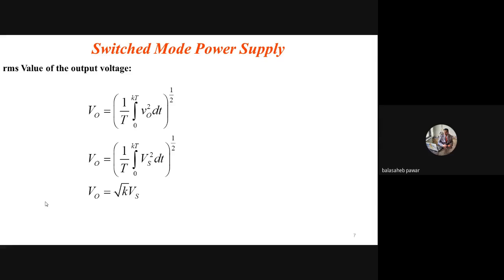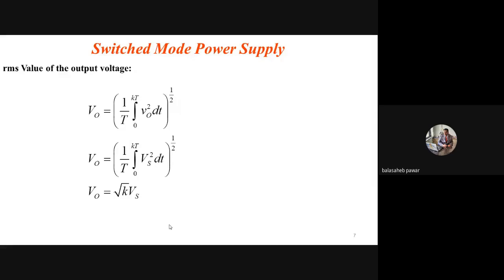And at the end, you have to remember this thing. The RMS value of that output voltage, that is VO, is equal to the square root of D into Vin. See how to remember it. In case of average DC value, it is only capital D into Vin, correct? But when we have to find out the RMS value of that output voltage, then it is equal to the square root of capital D into Vin again.